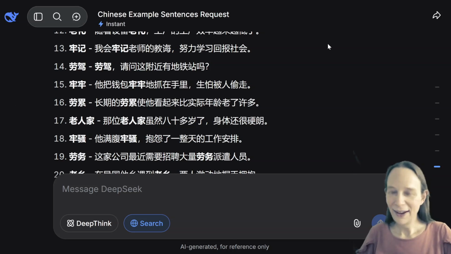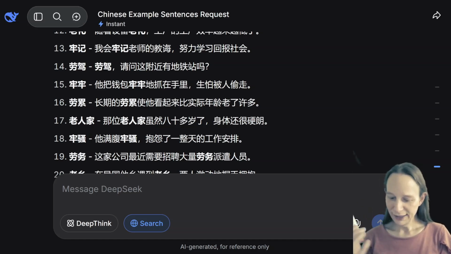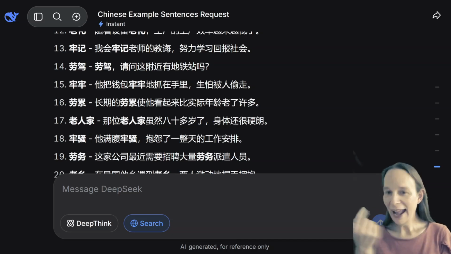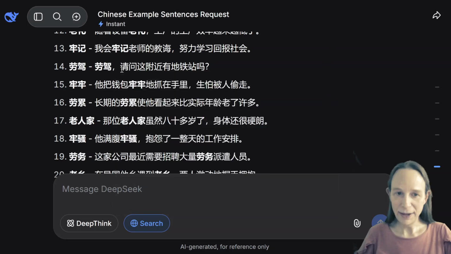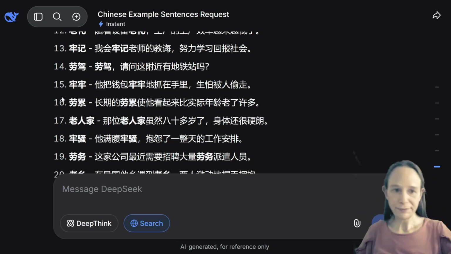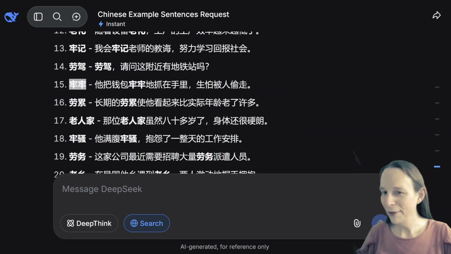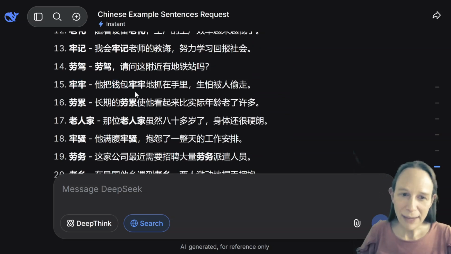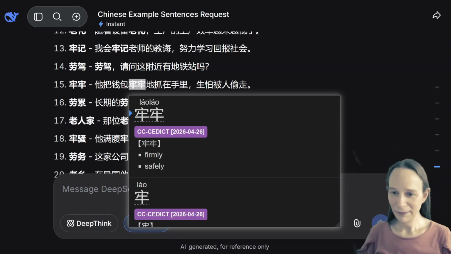Anyway, the dictionary's example was 劳驾把报纸递给我. So 劳驾, you stick beforehand and then you phrase something in the imperative. Yeah. 劳驾请让开一点. Okay, so you can add the 请 as well. Here they added 请问, may I ask? All right. 牢牢, I don't know. But if 牢 means firm, then 牢牢 probably is an adverb that means very firm or something like this. 他把钱包牢牢地抓在手里，生怕被人偷走。